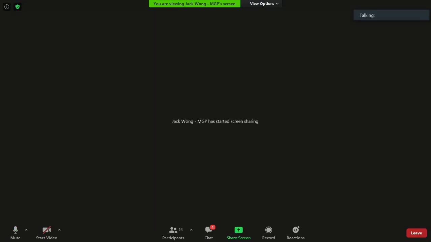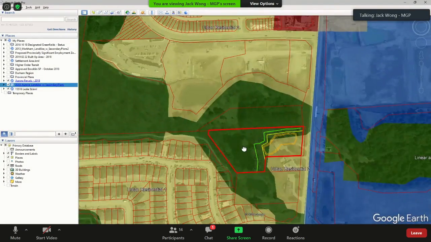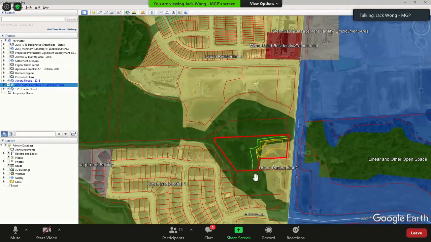Through you, Mr. Chair, if I may just share my screen so that we can bring up the context. So this is just a generalization of the land uses in the area. We're certainly looking to convey the pond features and a portion of the woodland located at the north portion of our property. Once again, we're not proposing any removal or encroachment onto these features.